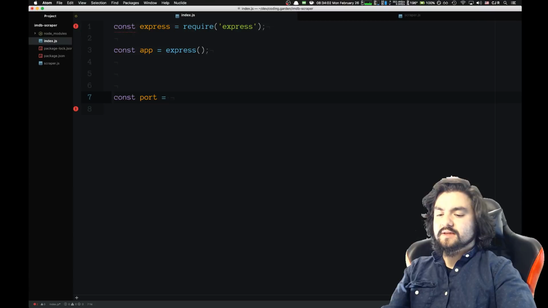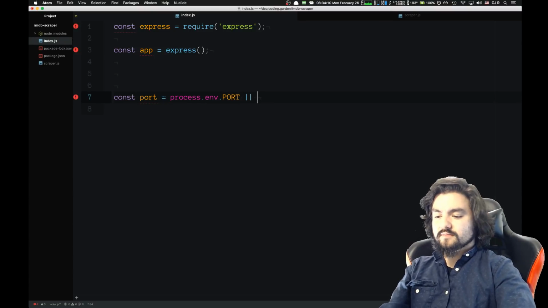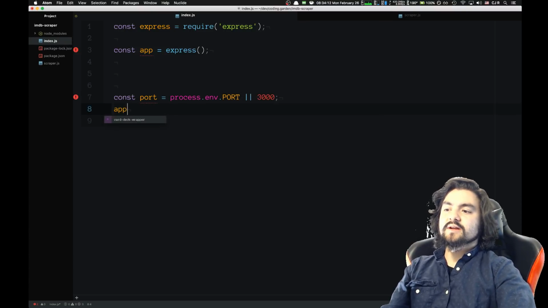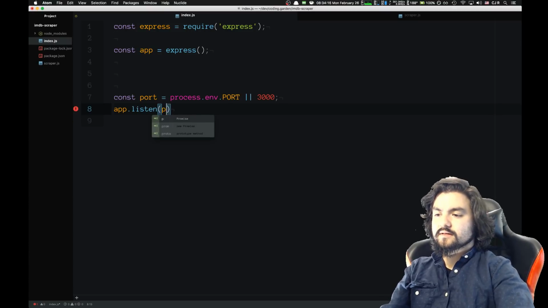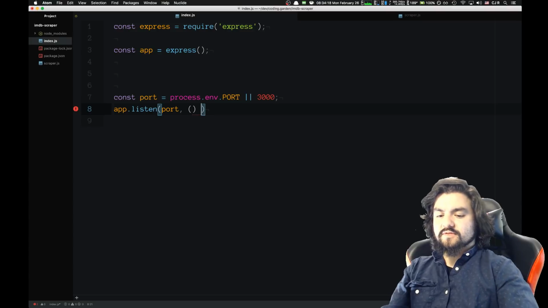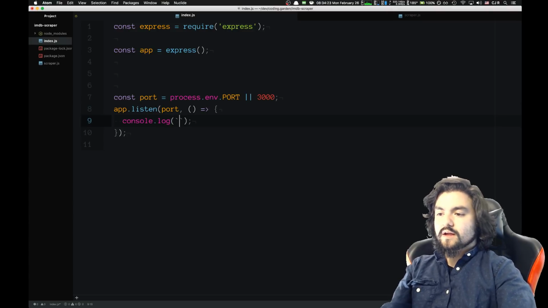So port is going to be equal to process.env.port, or port 3000. And then we're going to make this app listen on that port. We have a callback function where we can just say listening on